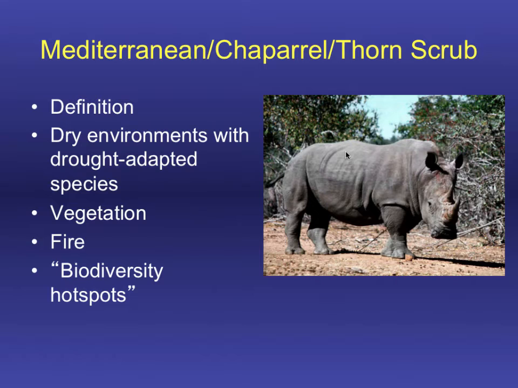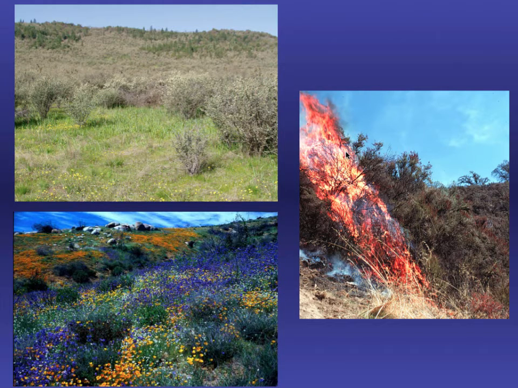They are biodiversity hotspots that contain a large number of species in a small area. So there's been some interest in trying to protect these as sort of refuges or preserves or wilderness areas, because doing that would get you a lot of bang for your buck. You protect these areas, you protect a lot of species in the process. Fire, like I mentioned, is kind of a big thing. In these habitats, these plants are extremely flammable,